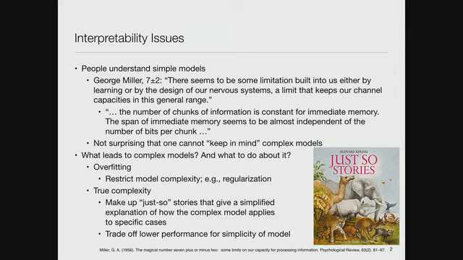And then Miller went on to do experiments where he asked people to memorize lists of things. And what he discovered is, again, that you could memorize a list of about 7 ± 2 things, and beyond that, you couldn't remember the list anymore. So this tells us something about the cognitive capacity of the human mind, and it suggests that if I give you an explanation that has 20 things in it, you're unlikely to be able to fathom it because you can't keep all the moving parts in your mind at one time.